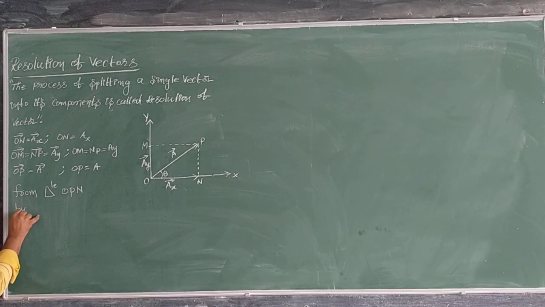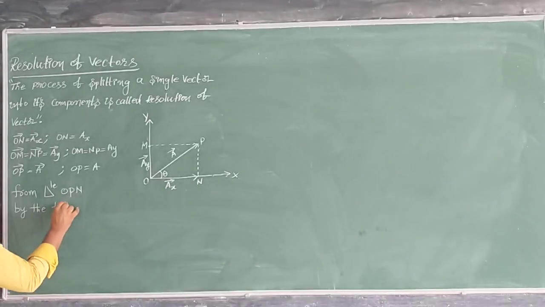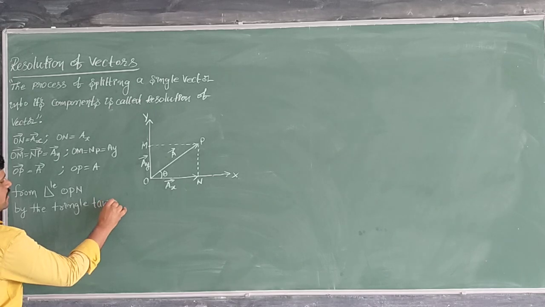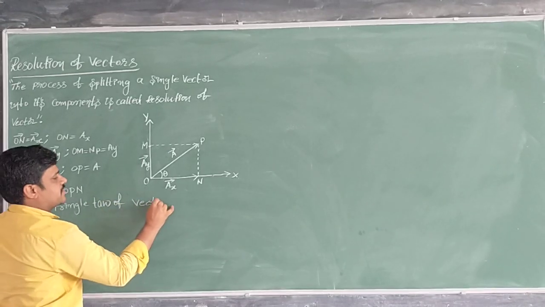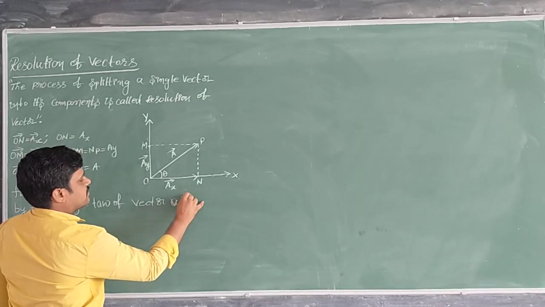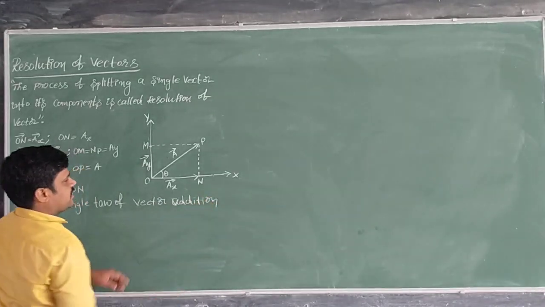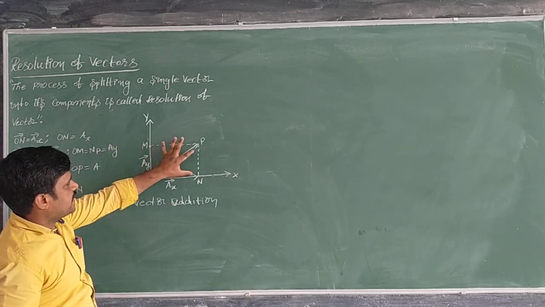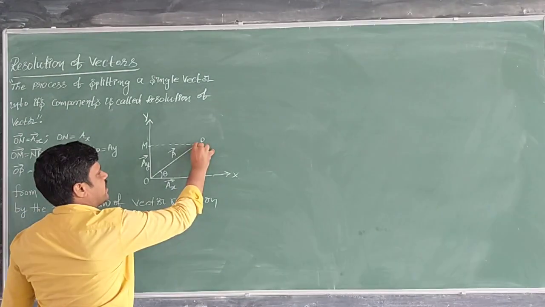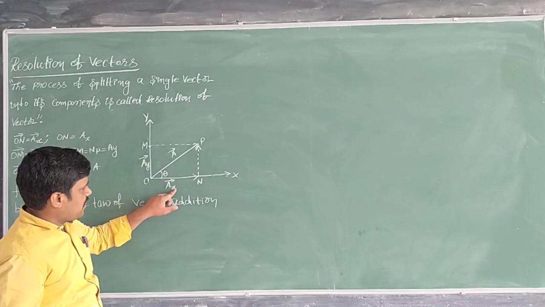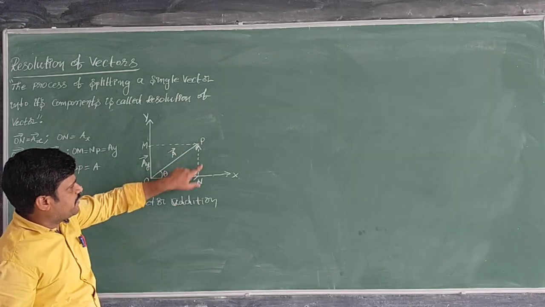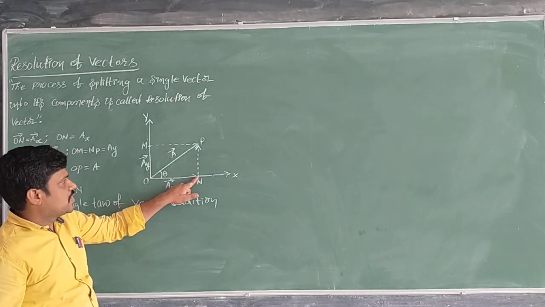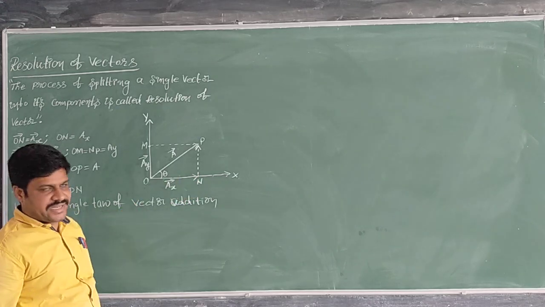By the triangle law of vector addition. Right, what is the triangular law of vector addition here? See, this one is nothing but Ax bar. Here OM and NP both are parallel, so I can draw here M1. See, Ax bar is nothing but NP bar. This is nothing but OM bar. OM bar head coincides with the NP bar shifting.